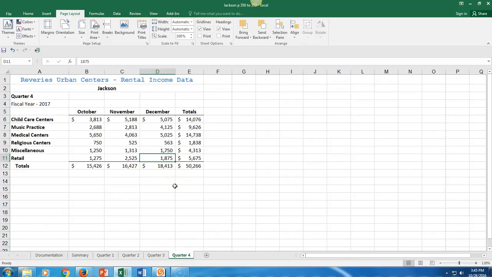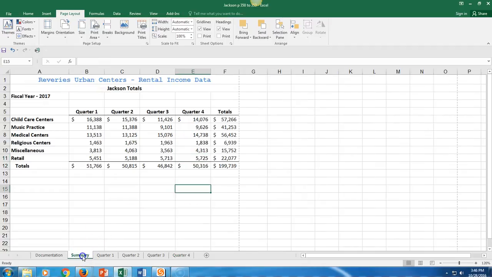enter 1,925. The rental income from retail in quarter 4 increases to 5,725 right there. Go to the summary worksheet. The rental income from retail for quarter 4, cell E11, is